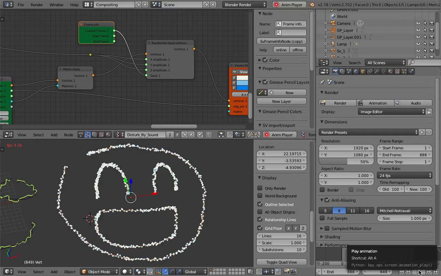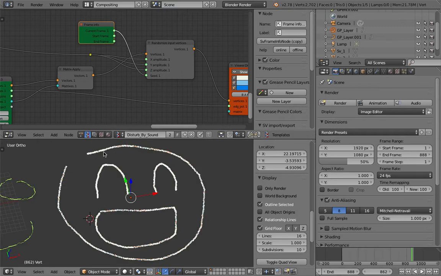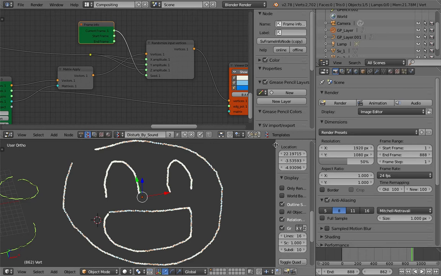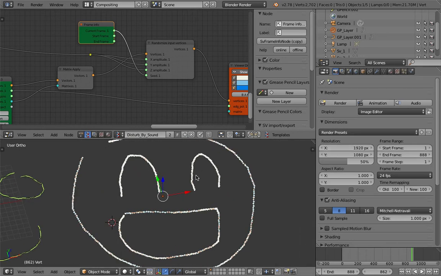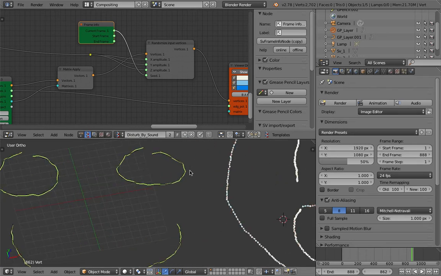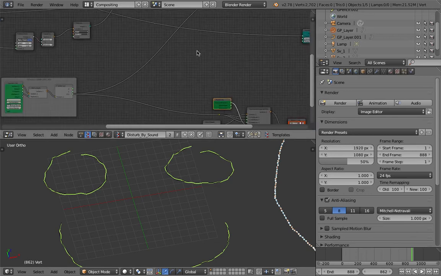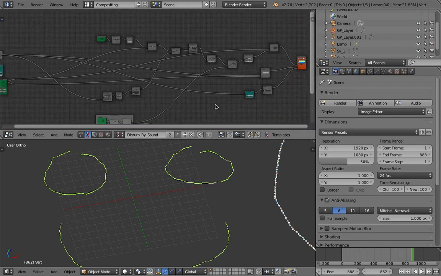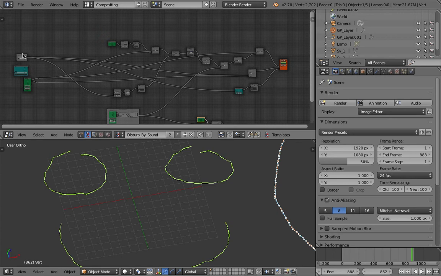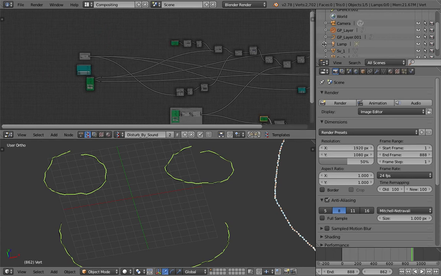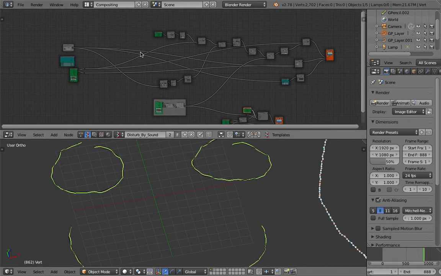If we want to make this more elaborate, we can make it so that the sound wave is actually traveling through these stroke lines, each one of them. That can be something that can be done maybe a little bit later. I have a second setup here that's slightly more complex. If you see above here, I have quite a few nodes. Not that complicated, but still